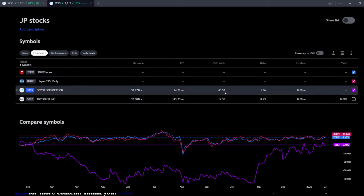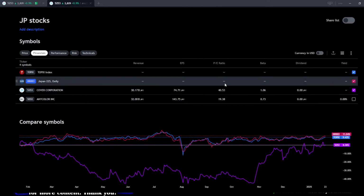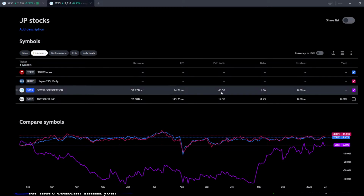The price to earnings ratio here, of course, Cover Corporation is heavily overpriced right now, and that's why you see this ratio so high. This is basically a metric that is used for people to understand, hey, people are willing to buy this expensive company, and we're willing to pay this much for purchasing 100 shares from that company. And if you compare that with the volume of buys and sells for that day, you can kind of gauge, hey, people are really buying into this expensive company. Hey, let's put our money there instead. Whereas